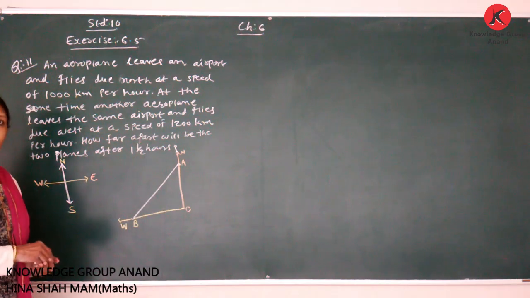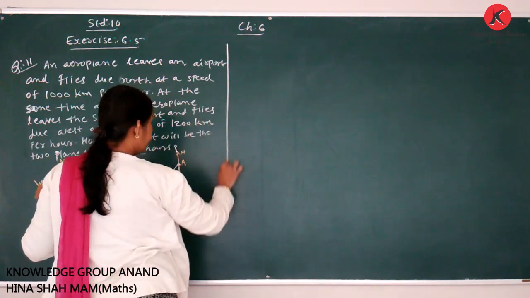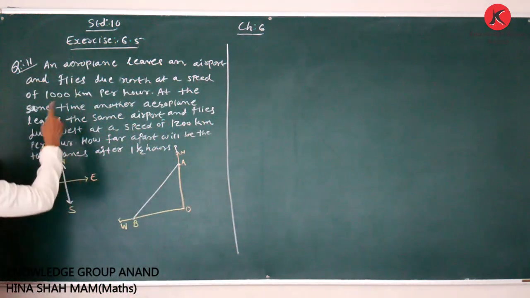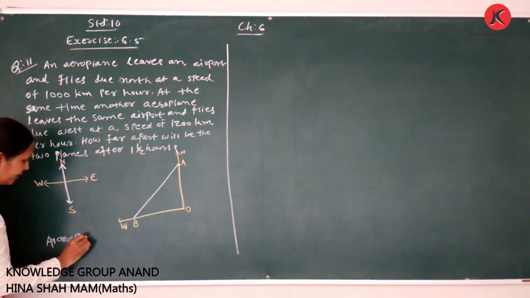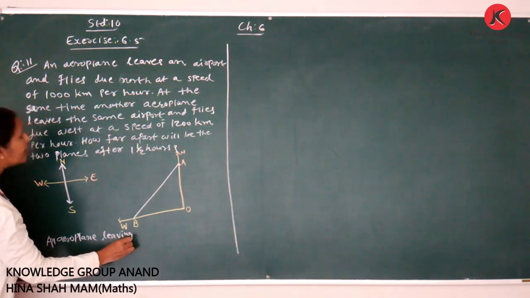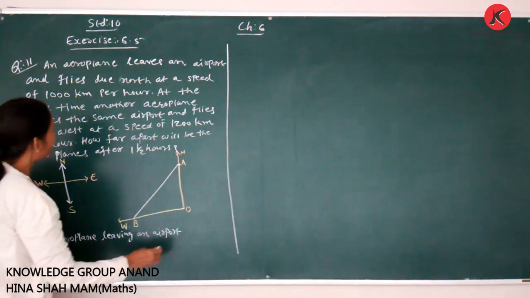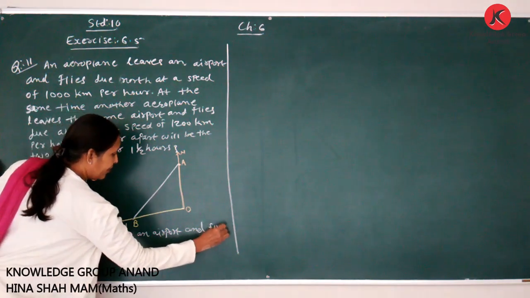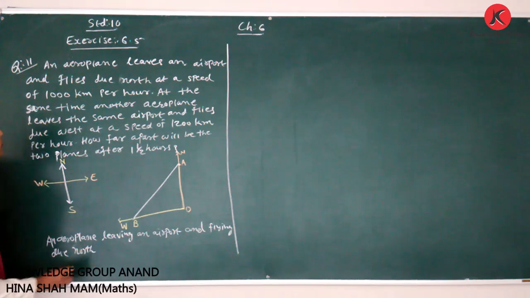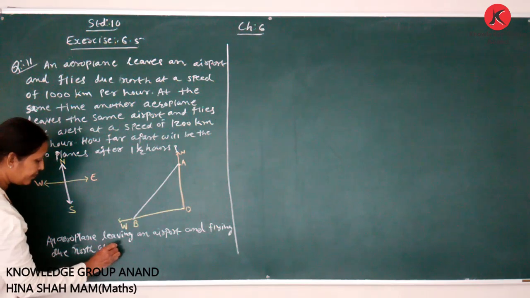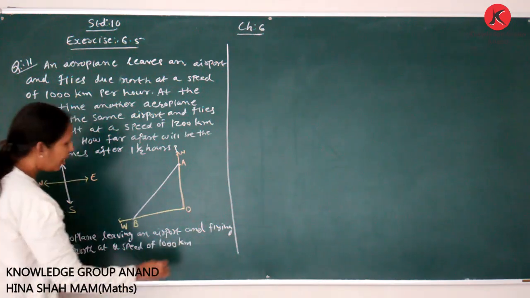O is the airport, A is the plane. We write here: an aeroplane leaving an airport and flying due north at a speed of 1000 km per hour,